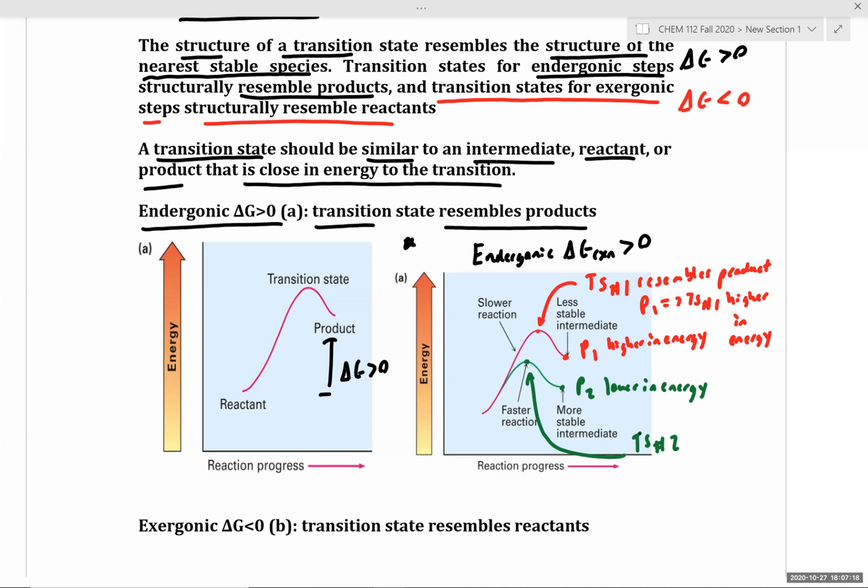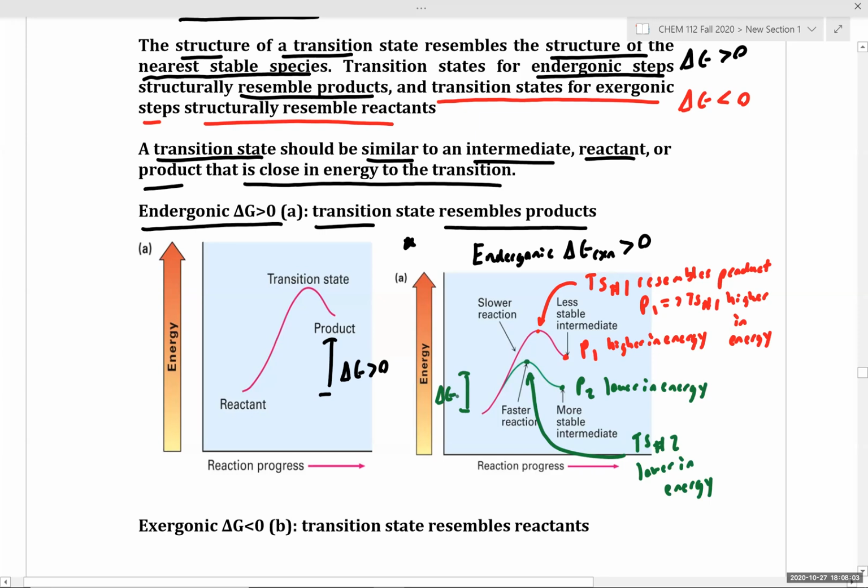So then, would we expect transition state 1 to be higher or lower in energy than transition state 2? Which transition state would be higher in energy? As students are noting in the chat, transition state 1 is higher in energy because it resembles product 1, which is higher in energy. Okay, so product 1 is higher in energy, transition state 1 is higher in energy. Product 2 is lower in energy, transition state 2 is lower in energy. So then, based on this idea